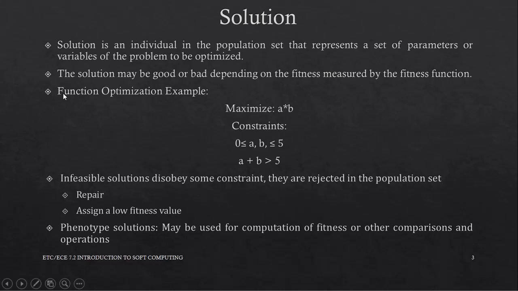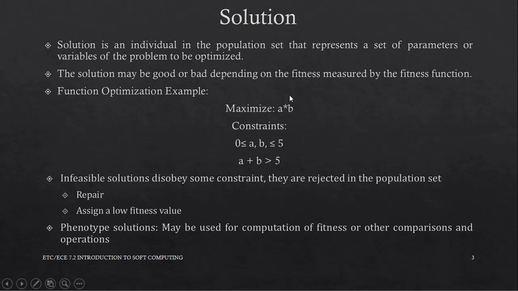Consider the problem of functional optimization, in which we are given a set of input variables. We have an objective function that we must optimize, which is the goal of the problem. In addition, we have a set of constraints that every solution must follow. An example of this problem is here. In this problem, a solution may be represented by two variables, one corresponding to the value of A and the other corresponding to the value of B.